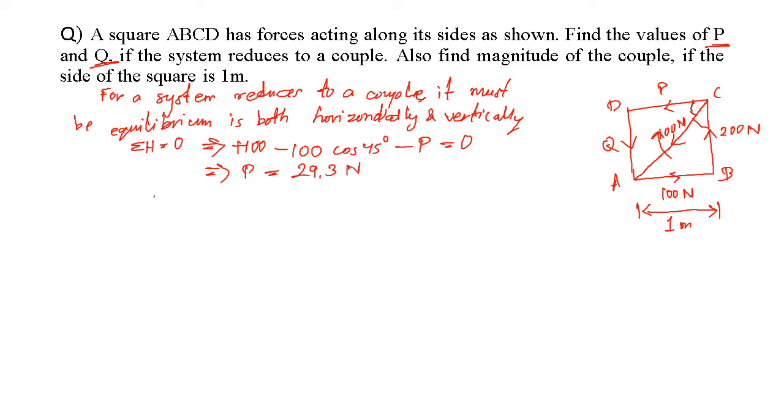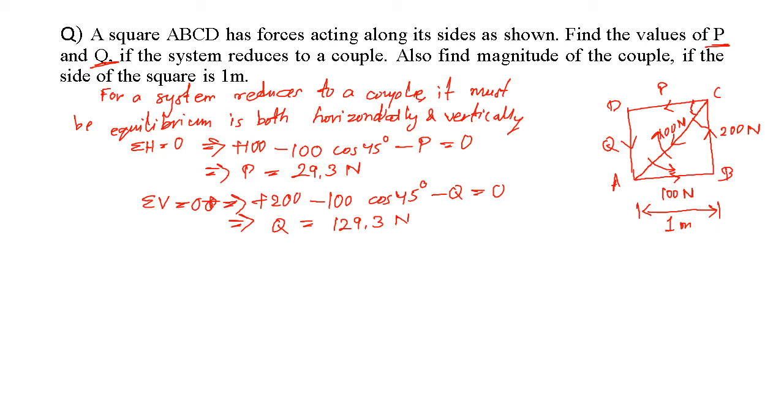सिमिलरली समेशन F_y भी इक्वल टू 0. डायरेक्शन में कौन सा है, 200 न्यूटन प्लस 200 और P अगर डायगोनल को एंटी क्लॉकवाइज रोटेट करेंगे, वर्टिकली लाएंगे ना, तो क्या होगा, डायरेक्शन माइनस में होगा, डाउनवर्ड, 100 cos 45 डिग्री. Q का डायरेक्शन कौन सा है, डाउनवर्ड, तो माइनस Q इक्वल टू 0. बाई सॉल्विंग दिस यू आर गेटिंग Q इक्वल टू 129.3 न्यूटन.